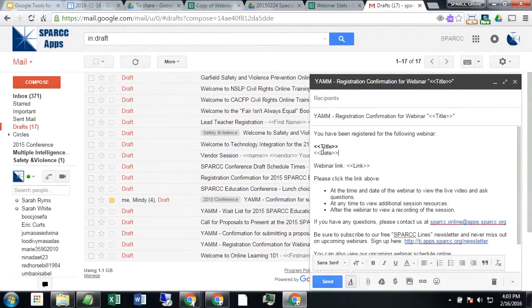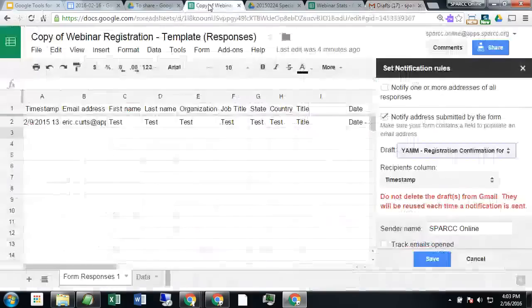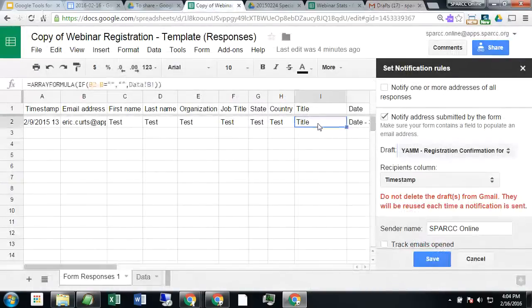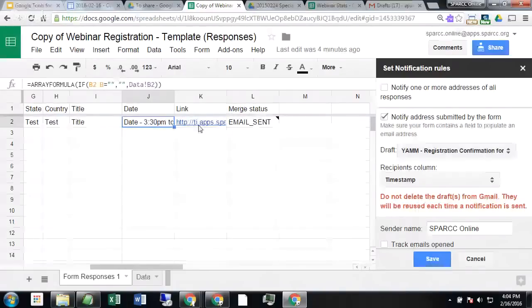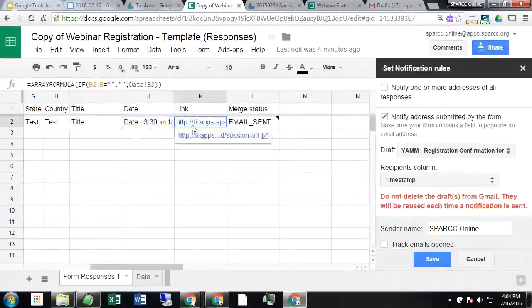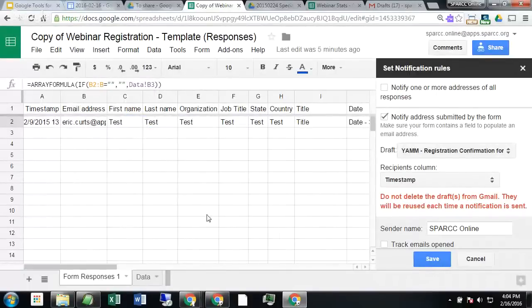Those are going to get merged from the spreadsheet. Where are they going to get merged from? Right here: title, date, and link. Columns I, J, and K are going to allow them to grab the title, the date, and the link and run that merge. And so when I start up yet another mail merge, again, I say notify addresses submitted by